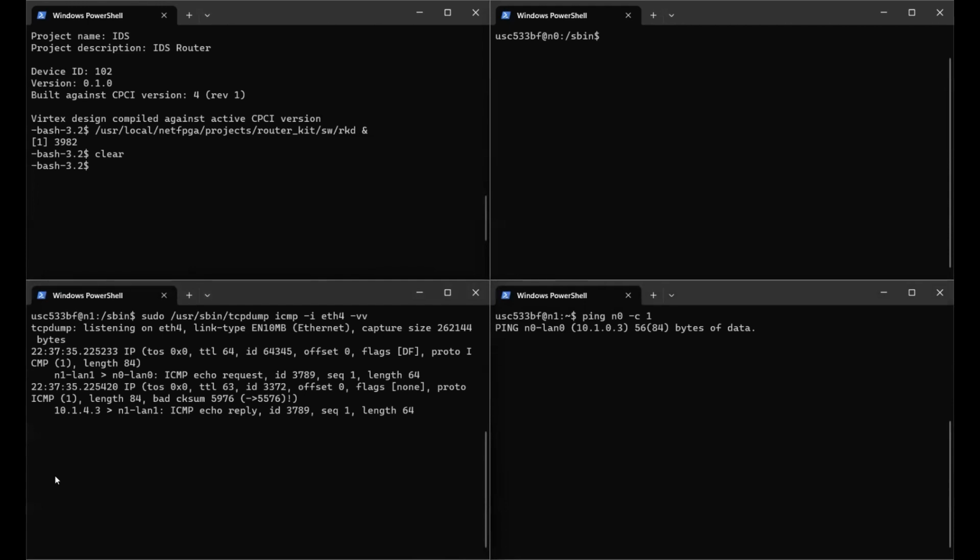But we can see that the packet has an error. What is the error? It has a bad checksum. Because we deliberately modify the source IP address in the header, we will have a bad checksum in the packet. And it says that the source IP address of the packet which we captured using tcpdump is 10.1.4.3, but that is not the case for node n0. The node n0,